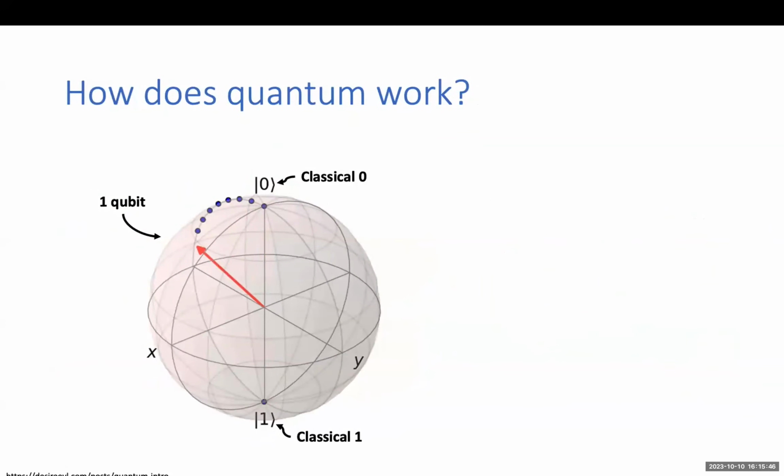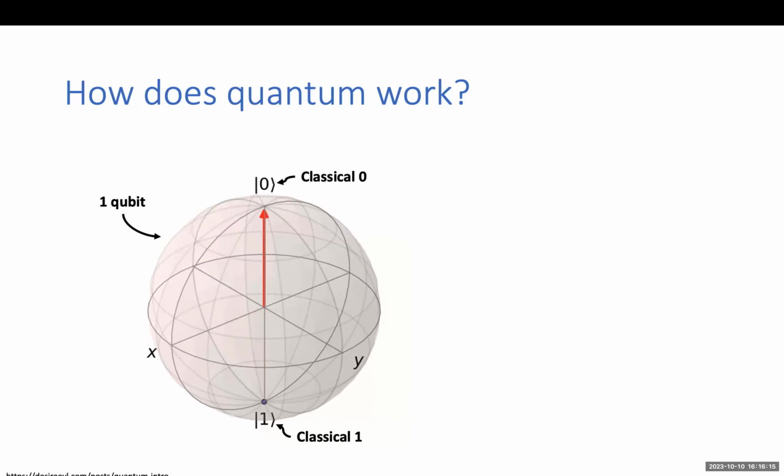So what is it that enables quantum to have its benefits? This is potentially a semester's or a year's worth of lectures, but I'm just going to condense it into, I guess, one or two slides, right? The high level idea is that a classical bit, for example implemented with a transistor, can take the values of 0 or 1. On the other hand, a qubit can simultaneously be in the 0 state and the 1 state at the same